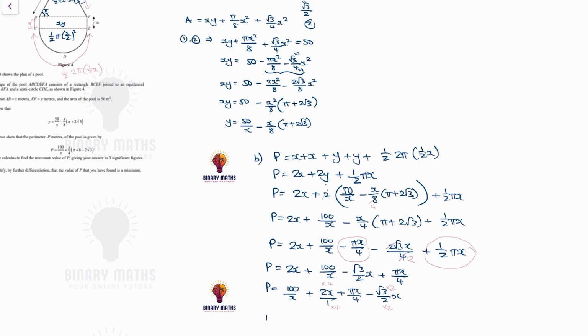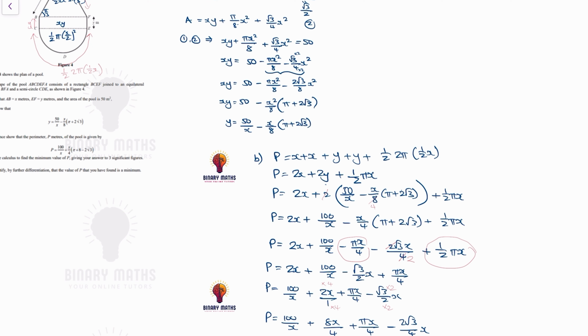So what I end up getting is p is equal to 100 over x plus 8x over 4 plus pi x over 4 plus 2 minus 2 root 3 over 4x, which means I can factorize out the x over 4